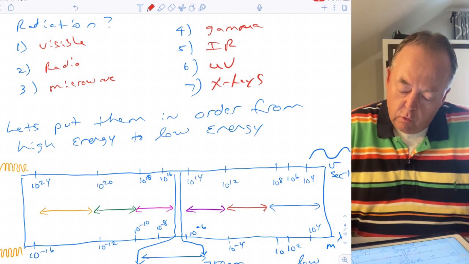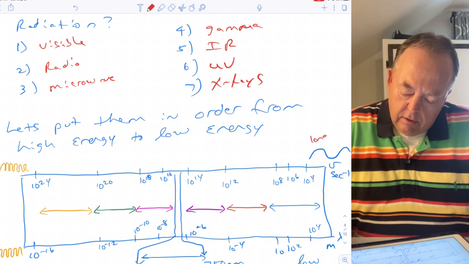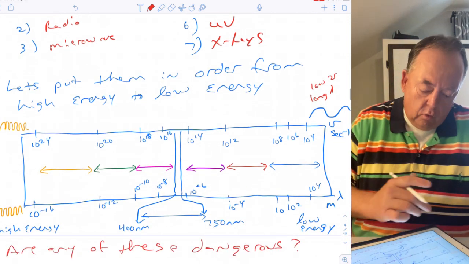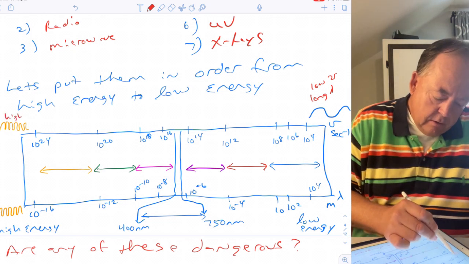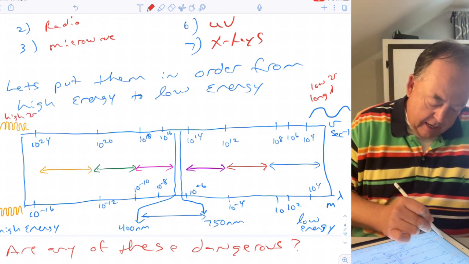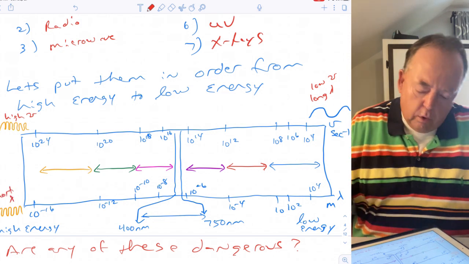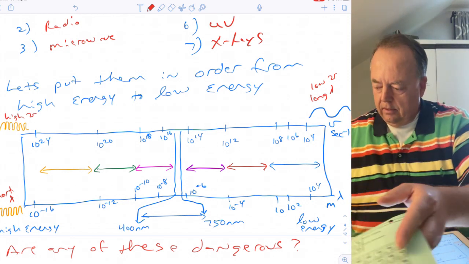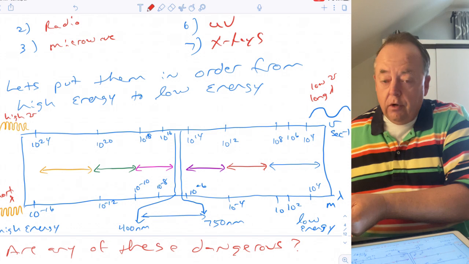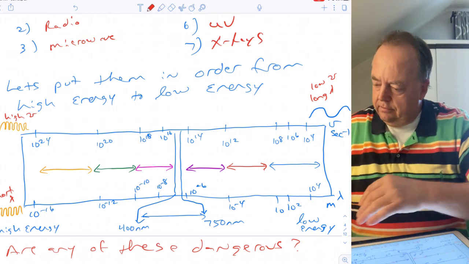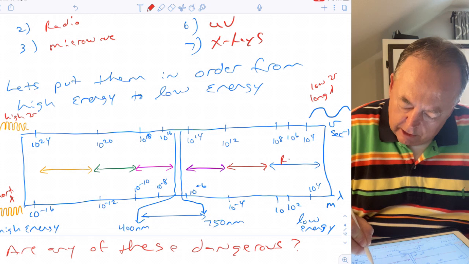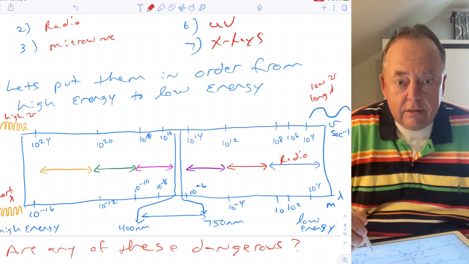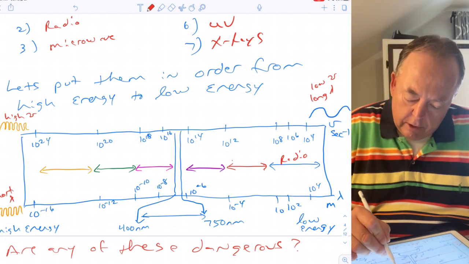So on the left we have long wavelength and low frequency. And on the right we have high frequency and short wavelength. So which of these is the lowest in energy? That's going to be the radio waves. So radio waves go up to a frequency of about 10 to the 8th per second, or wavelength of about 10 meters. And then after radio waves is the microwaves